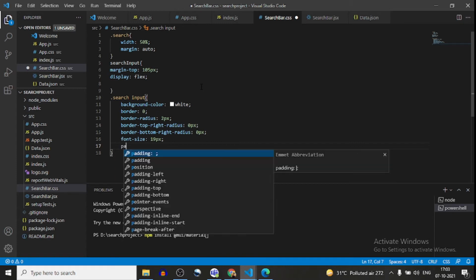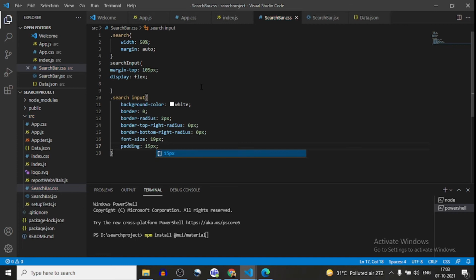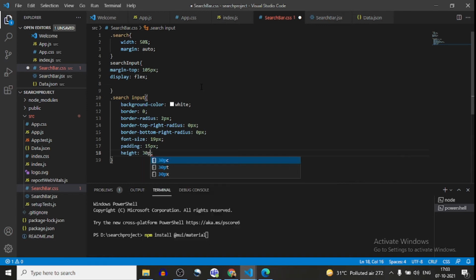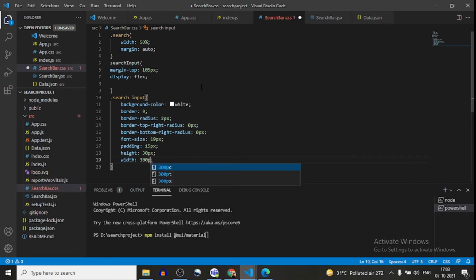And padding is 15 pixel. The next is height, which should be 30 pixel, and the width should be 300 pixel.